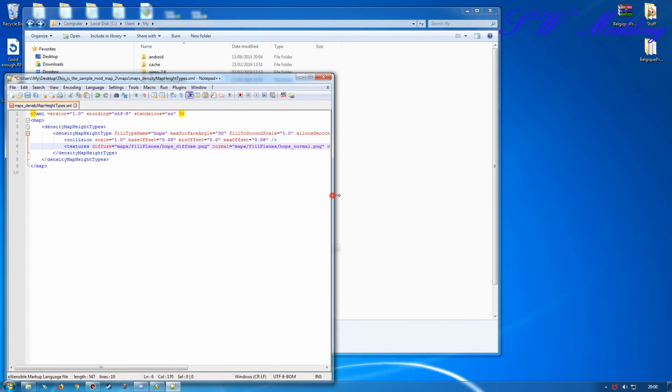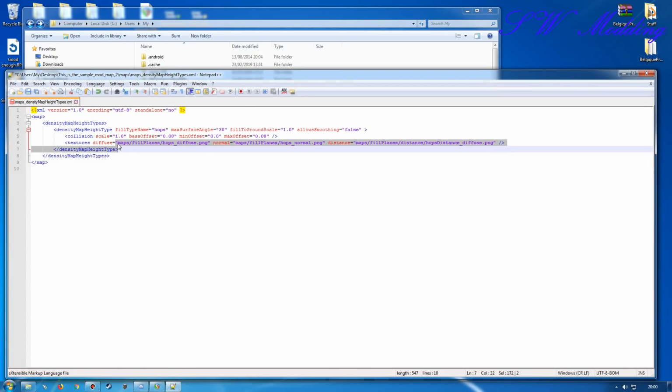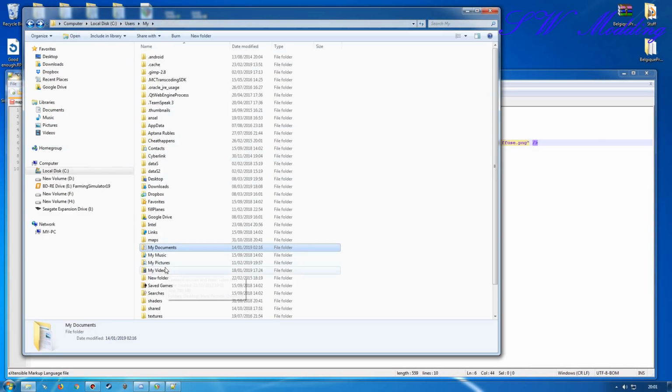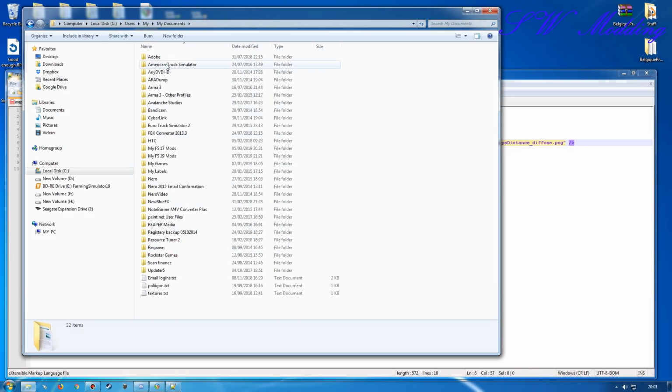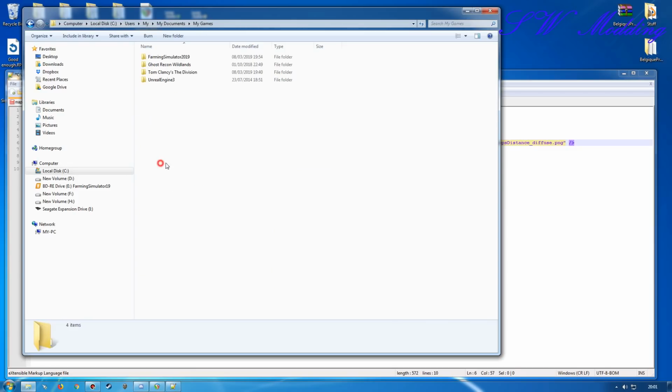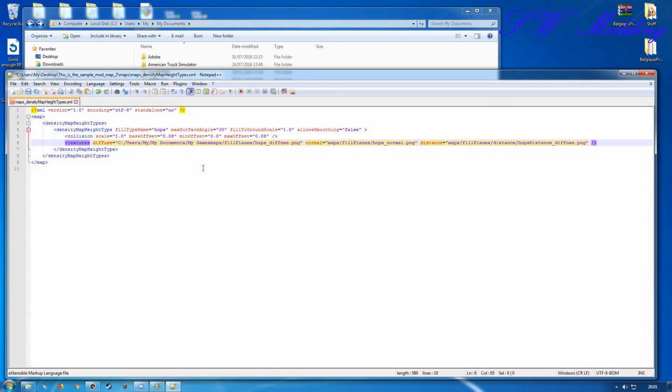So if I make that a bit wider, there we go. So this is going to be, I think, for me, C:/users/my, and then it would be my documents. So if I just take a copy of that, put that into there, / and then it would be my games. So if I just take a copy of that one, put that into there,